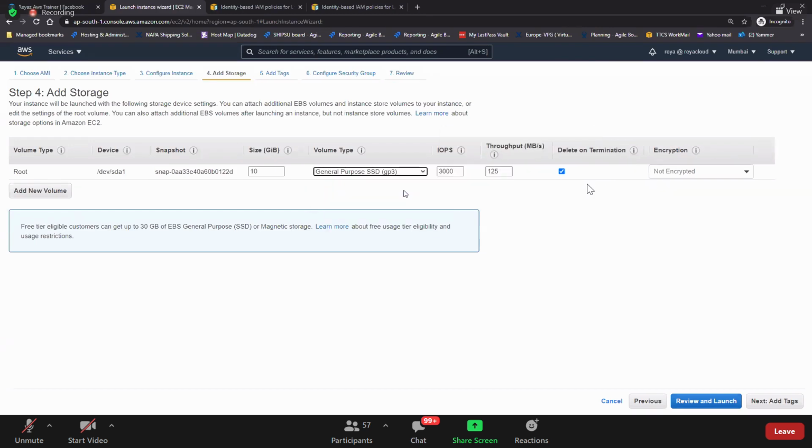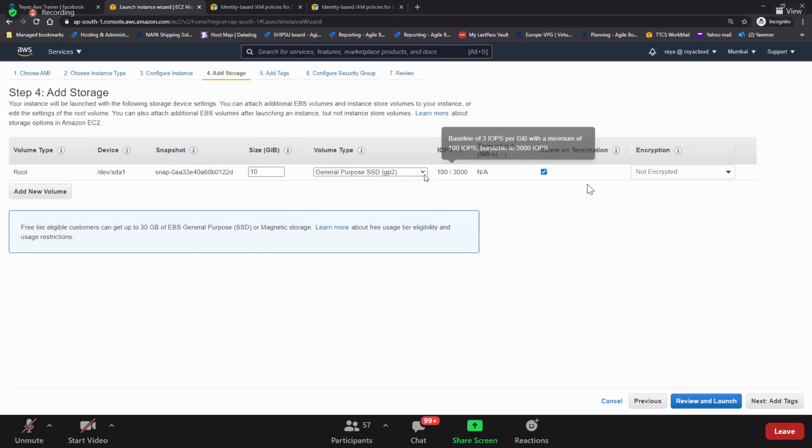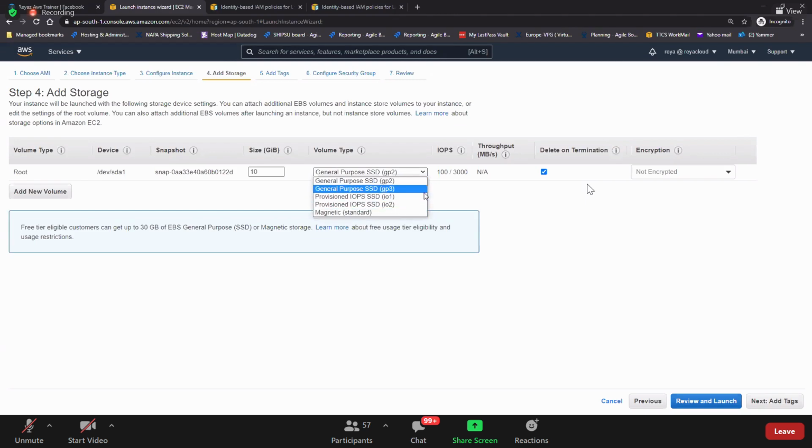GP3 is faster compared to GP2. Compared to IO1 and IO2, IO2 is faster. So guys, if you need more power, then go for IO1, IO2 and all the SSD volumes. Otherwise, keep it GP2 only.